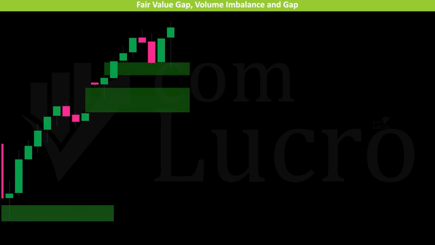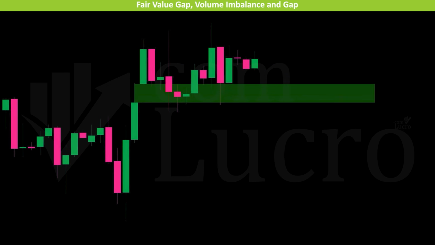Staying with the dollar index, but now shifting to the 4-hour chart, we can see a clear example of a volume imbalance. There is a gap between the close of the previous candle and the open of the current candle, yet there is trading activity within that area, which characterizes a volume imbalance. Over the next few candles, we can see how this volume imbalance holds price, and eventually the market begins to